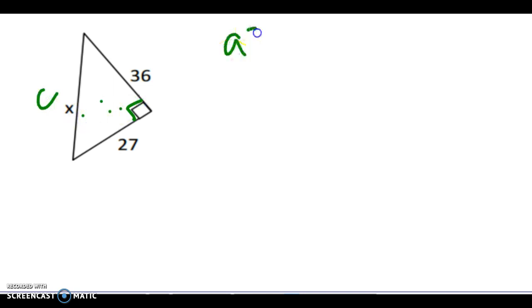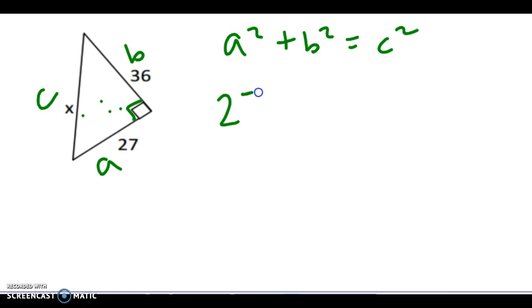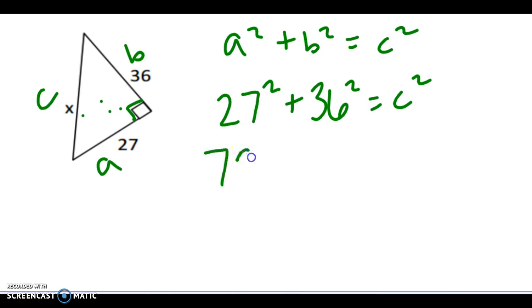Okay, A squared plus B squared equals C squared. Pick an A and a B. It doesn't matter. These numbers are pretty big, so you'll need a calculator for this. So we have 27 squared plus 36 squared equals C squared. Okay, 27 squared. I need my calculator for this one because, well, that's a tough one. All right, it's 729 plus 36 squared, which is